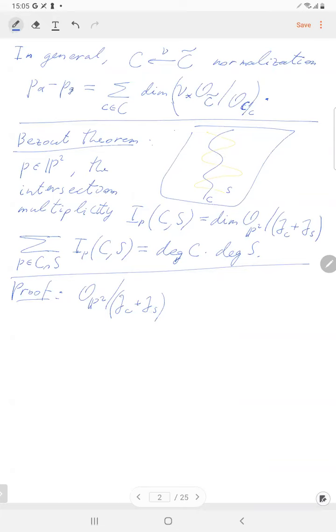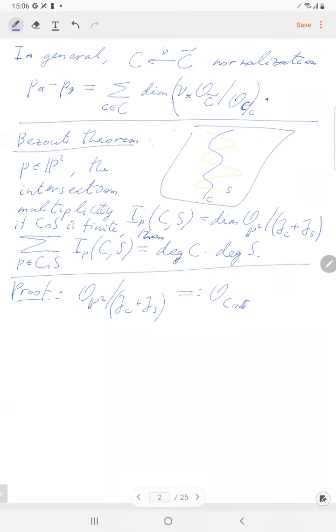But by the way, I should have said from the very beginning that the curves do not have a common component. Well, where should I say this? Maybe if the intersection is finite, then this formula holds true. So there's a finite dimensional ring, and let us denote it just the intersection of two